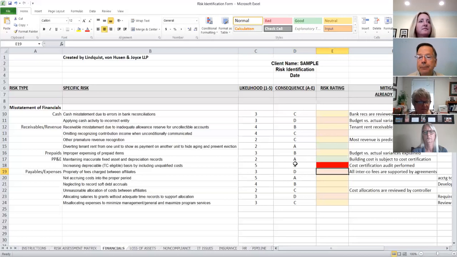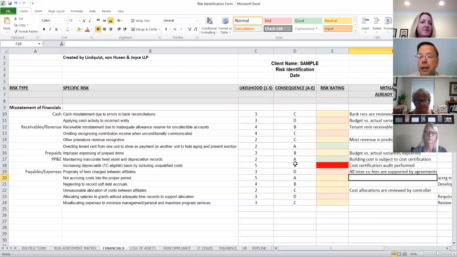Then over to the next column. This is where it's kind of a free form space where you can write in, well, we already have these situations. We have all of our intercompany fees supported by agreements. So based on that, we shouldn't really have, this is on the propriety of fees charged to affiliates, we shouldn't have that situation. So we already have a mitigation, but maybe nobody's looking at the agreement when they're accruing the fee,